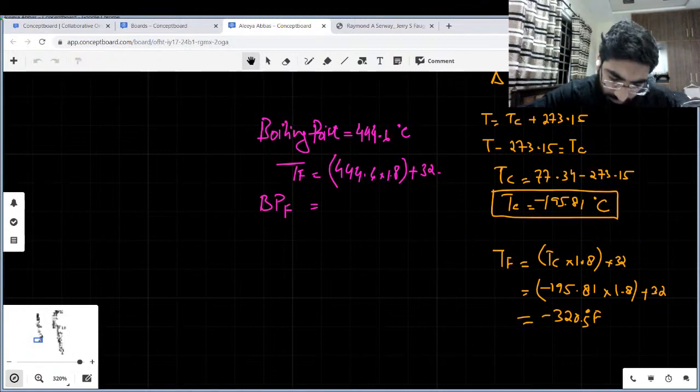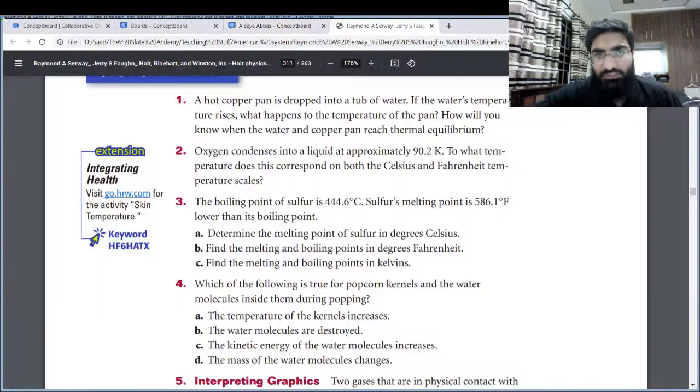Perfect. 832.28 degrees Fahrenheit. Now the melting point is said to be